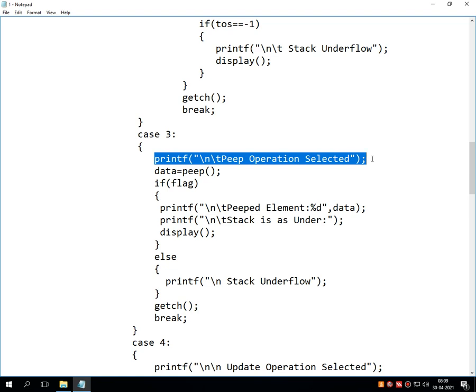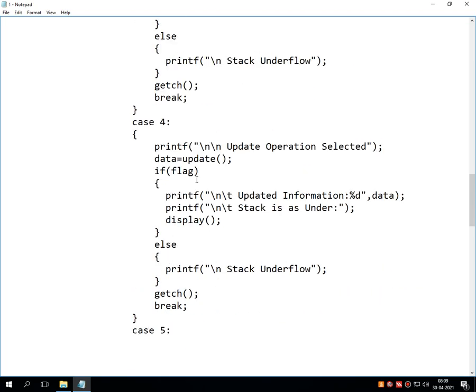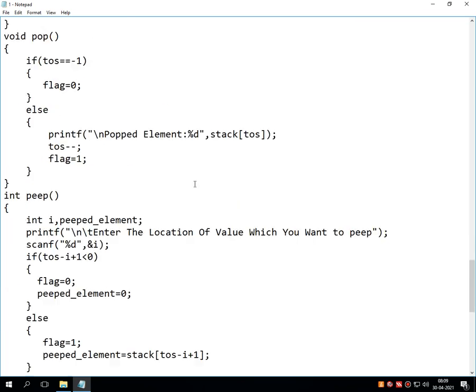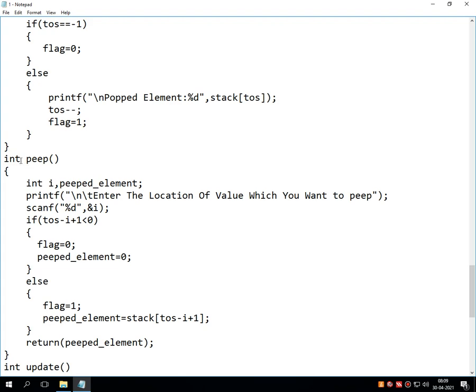As you can see, this is a UDF, a user defined function, which is a function without argument with return value. So the function called peep has been called from this selected line, and the program jumps over here where the peep function is defined.